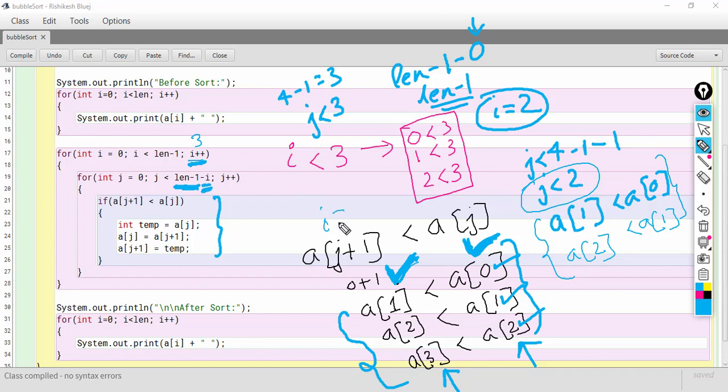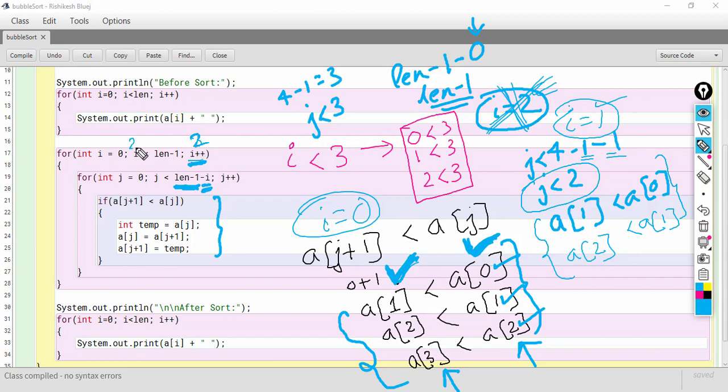Here i was 0. For this i was 1. It was not 2, I am sorry about that. It was 1, and I have written it correctly here, but I wrote it incorrectly here. So, i was 1 here. So, this time i will become 2.